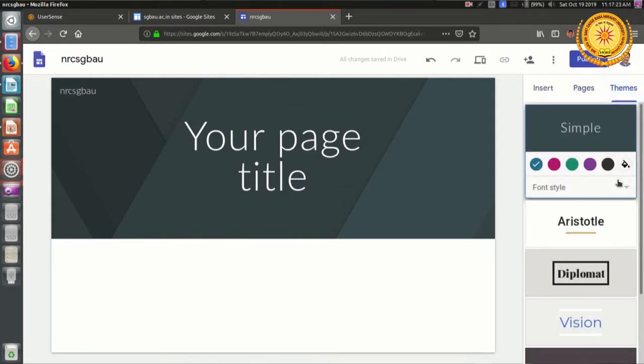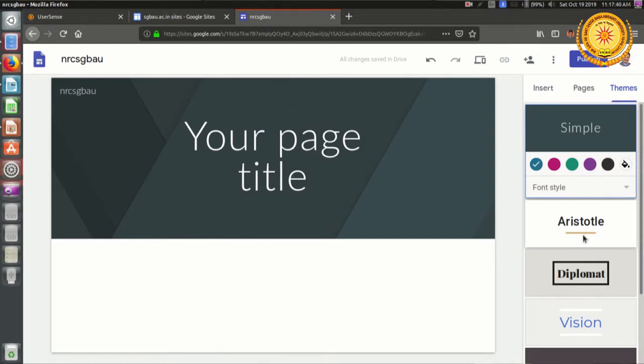This is where I have to choose how my home page will look. As I have mentioned earlier, the home page is the most important part of your website, so we must choose this theme very appropriately.